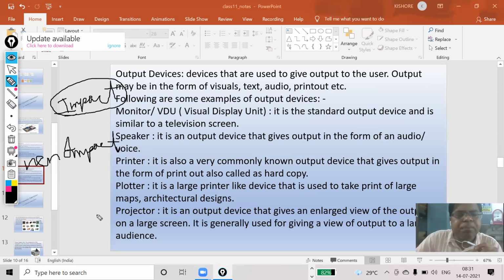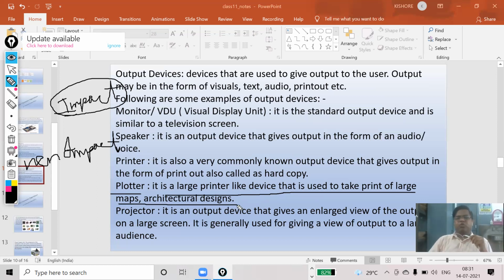Next one is your plotter. It is a large printer-like device that is used to take prints of large maps and architectural designs. Especially when there is an image which is to be printed on a large paper, then your plotter will help you.